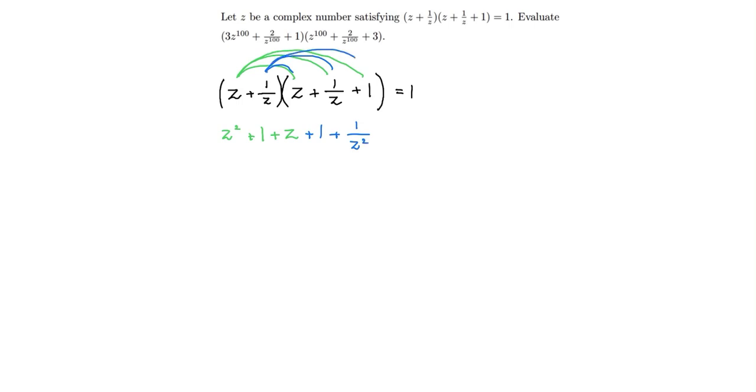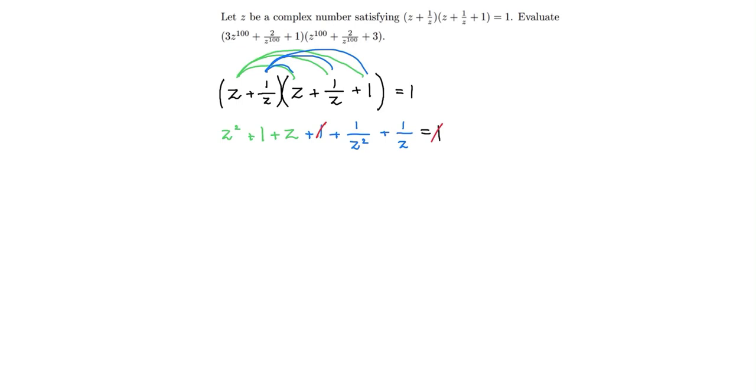And 1/z times 1 is 1/z. And this is all equal to 1. Next, if we cancel out the 1's on either side,